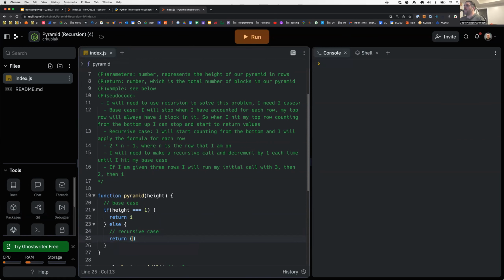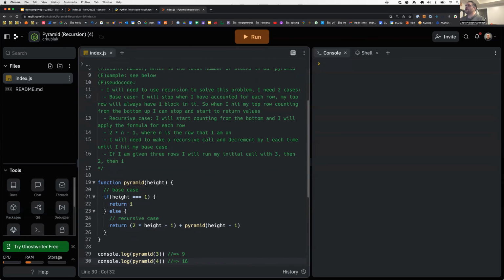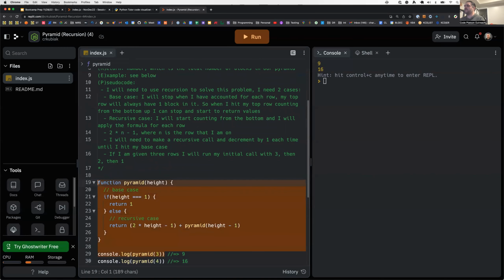Right, and so now I need to do some math. So I need to apply my formula. So I can say 2 times height minus 1. But then I also need to add my recursive call here, which is going to be pyramid of height, and this is where I decrement, minus 1. Right, and so I feel pretty good about this one. Right, so there's my 9 and my 16. So same thing here. If I grab this